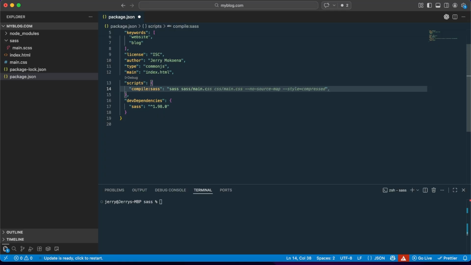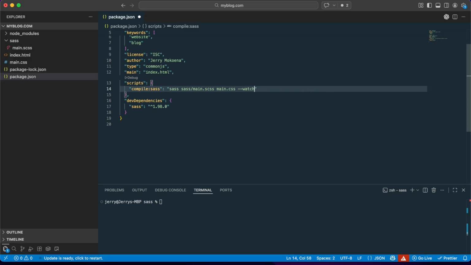SCSS, main.scss file, and then you're going to go into that. So we wanted that file to go to, now to write that script to our main.css, and then we want it to watch,